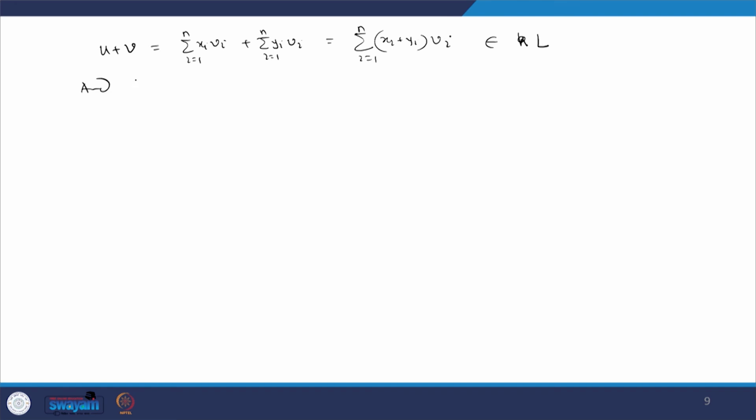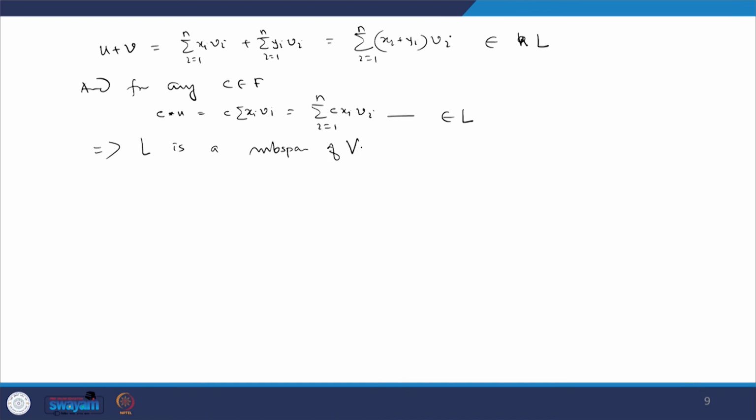And for any C belonging to F, C times U is again C times the sum of x_i v_i, which is the sum of C x_i v_i, i equal to 1 to n. This is again a linear combination, where now the new coefficient is C x_i. So it is also a linear combination of the vectors of W, so this also belongs to L. Thus, this implies L is a subspace